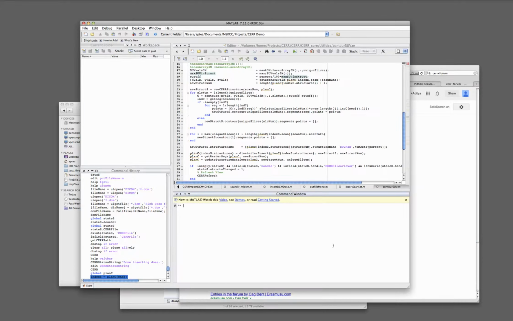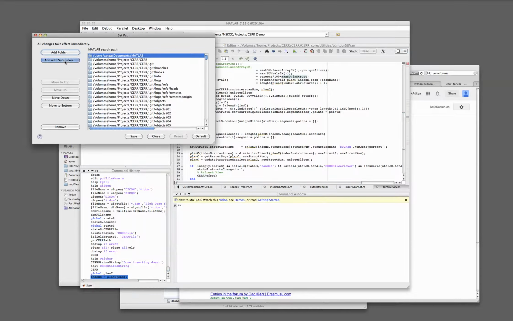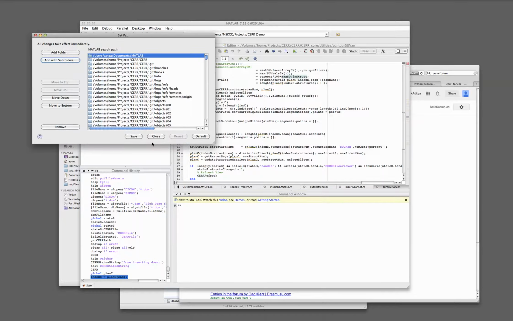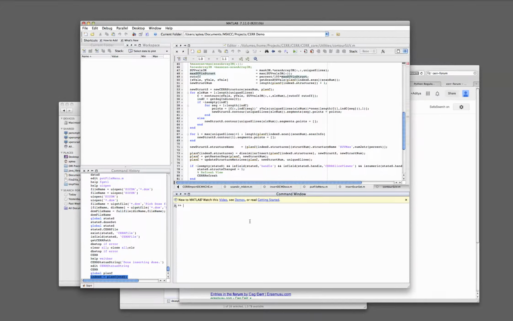Now, once you download CERR, you will get folders containing MATLAB .m files. Then you could add those files to MATLAB's path by going to File, Set Path, and say Add with subfolders and select top level CERR directory. I've already added that here, so no need to add again. You can save the path and then go to MATLAB's command window and just type CERR CERR,